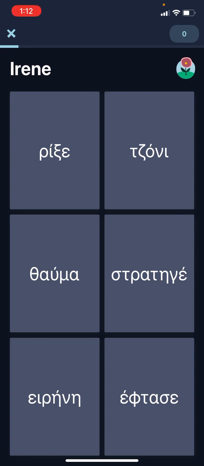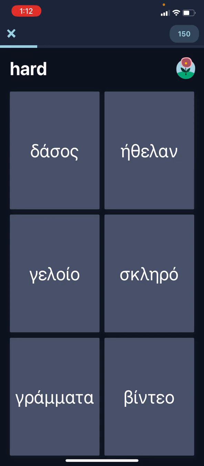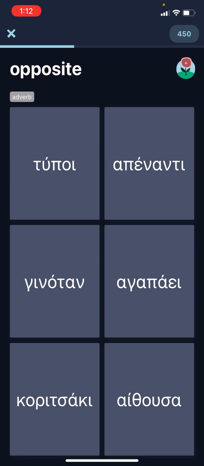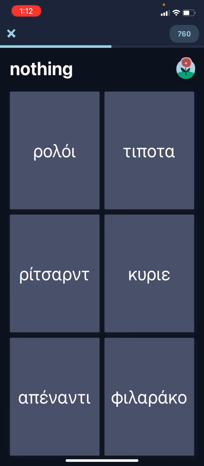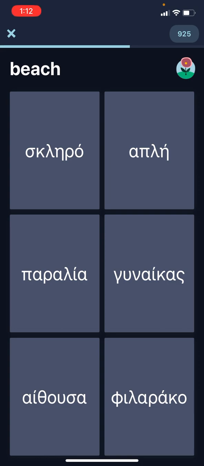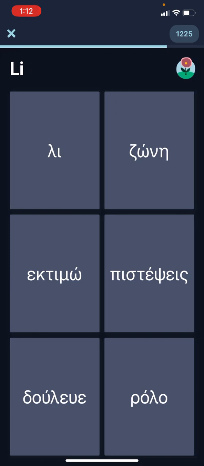This is a silly one. I don't know why this is. It's Irini. Hard is Sclero. I know that one. Fire, Pier. Opposite, Appenanti. I know most of these. Lapels. I don't know why. I had to look up what a lapel was in English, but peta, I think it literally meant lapels, like on a coat, like a suit coat, which I actually did know that. I guess I was surprised it came up in there. Tipota. Nothing. Beach. Paralia. So I won't go through this whole thing with you guys, but I think this app